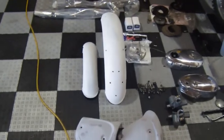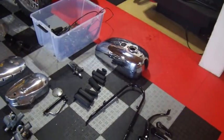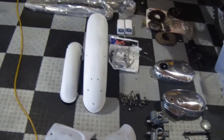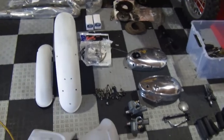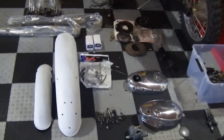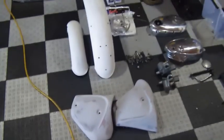Polished a bunch of stuff. I'm going to go ahead and paint the fenders and side covers along with the tank. I'm going to do those in a red pearl metallic, so it should be real pretty. I'm not real big on just the kind of flat red stock color that the Hornets were. I'm going to go ahead and make it a little prettier, you know, make it like a custom from the 60s,